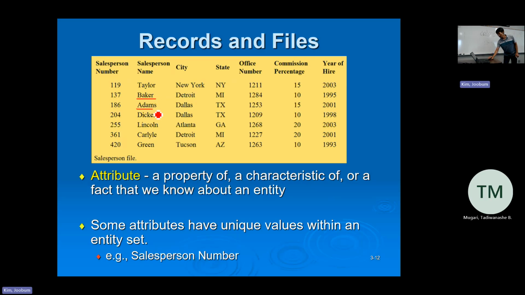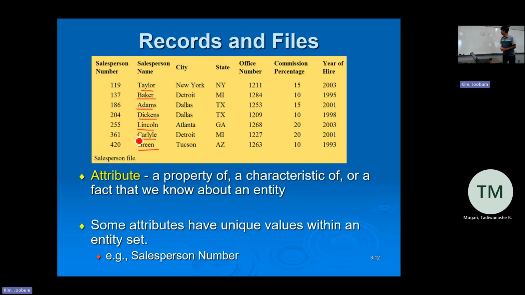Baker, right? And third, Ariel, and Dickens, and Green, Brinker, and Taylor. Okay, so we are able to get the output in alphabetical order, which looks like a logical order, but